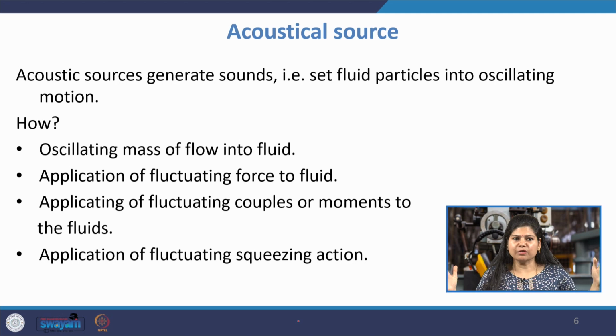So, due to the continuous push because of the addition of mass, there is certain mass flow coming into the fluid medium, and due to that it is pushing the fluid particles away, and when the mass is going in the opposite direction, it is again allowing the fluid particles to come back. So, in that way it is setting the fluid particles into an oscillatory motion,